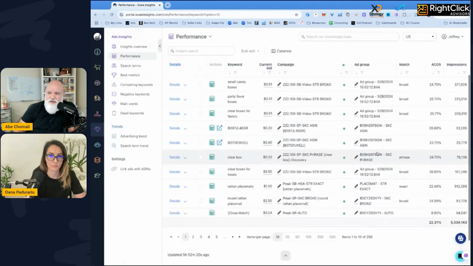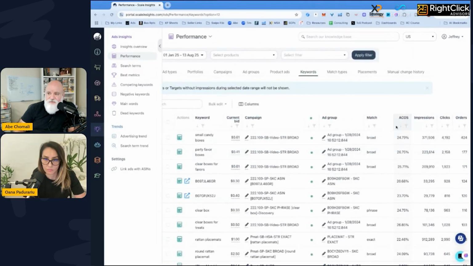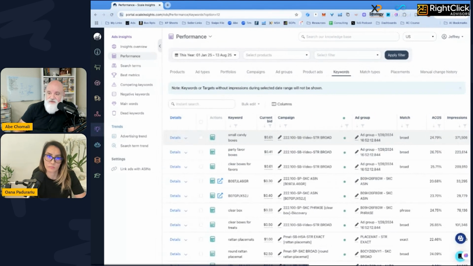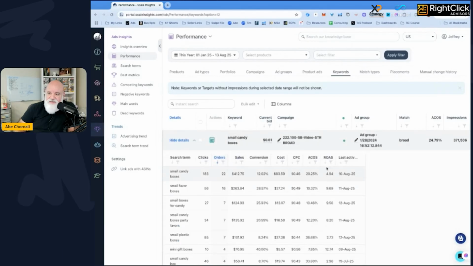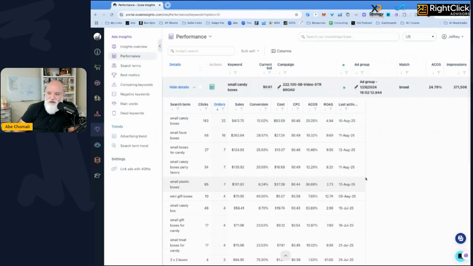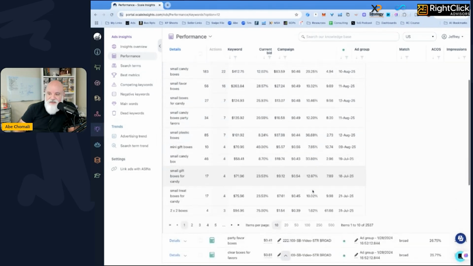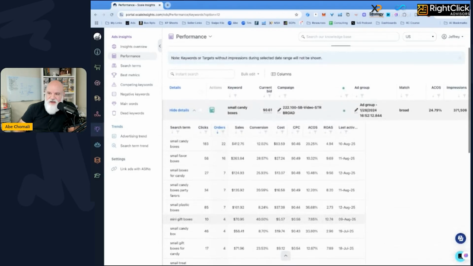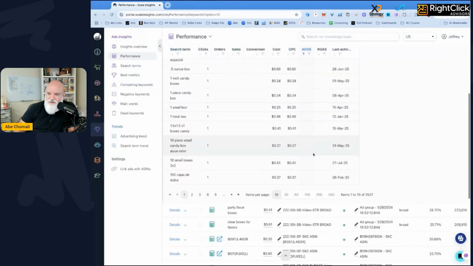Other places are going to be with things that have super high ACoSs. So if you have a broad match with a very high ACoS, look at the search terms it's triggering for, and you'll be able to see which search terms within the group are turning this into a very expensive thing. So let's just see here. You can see the ACoSs for this product, for this keyword, range from 10% to 36%. And in a lot of cases, they'll run much higher. All right. So it goes as low as,